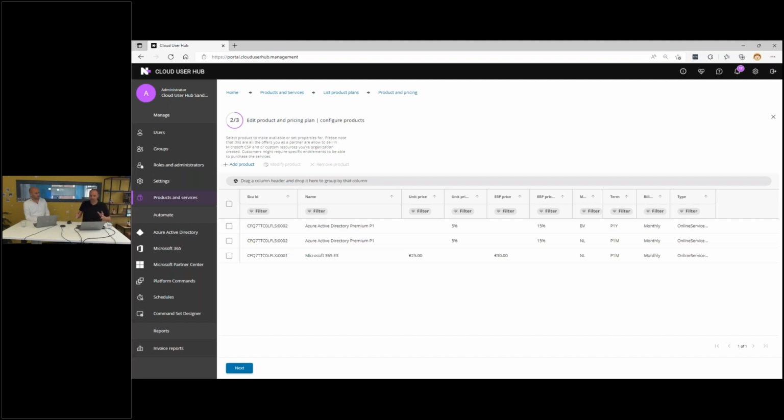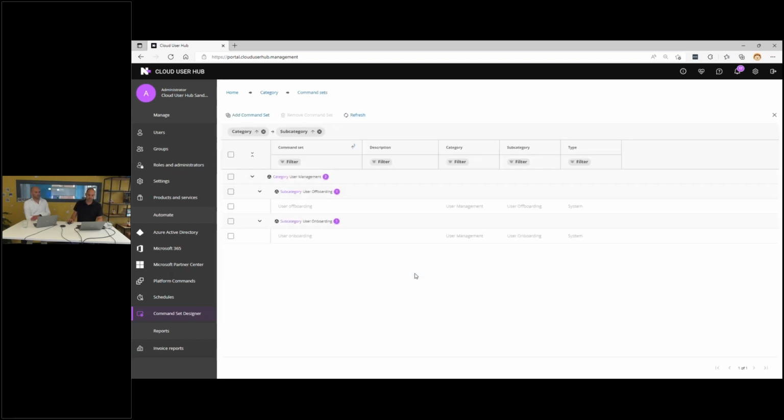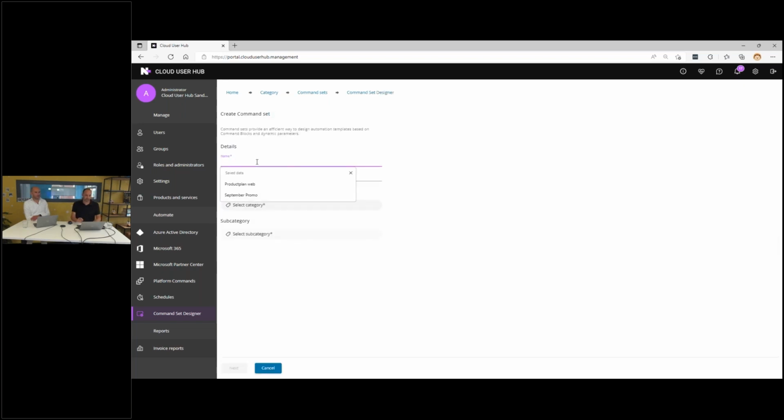Now, what if you want to do the extensive automation? So you want to work with those command sets, or even beyond that. That can also be done. So let's go to the command set designer. Let me show you how that works in product. So you make a choice in which category you want to build the command set. This is just for categorization. It's not specifically that you can only choose Microsoft 365 command blocks then. You can choose any command block for using the set, but this makes it so that you can find it easily in the product. So let's do Microsoft 365. You see the 2 command sets that we provide by default already. Now let's add a command set.